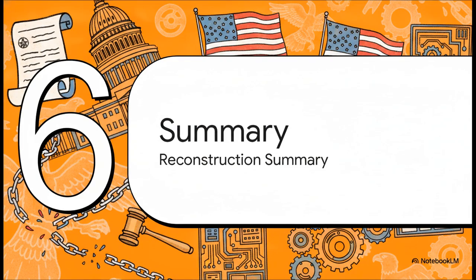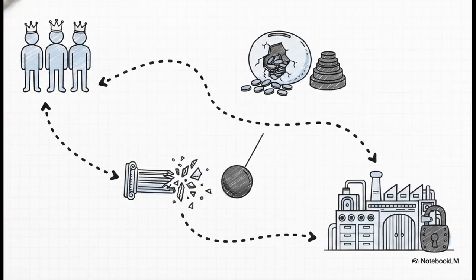And finally, Part 6, Summary. Let's wrap up Reconstruction and the states. Let's distill the core takeaways from the documents we've just unpacked. We've seen a very linear historical shift here. It started with common law states' sovereignty, where the people were supreme. Then, massive Civil War debt catalyzed a shift to a corporate federal structure. The Reconstruction Acts utilized military force to unseat legitimate state governments and replace them with a 14th Amendment framework of federal guardianship. Ultimately, this allowed modern administrative agencies to completely replace traditional state governance.